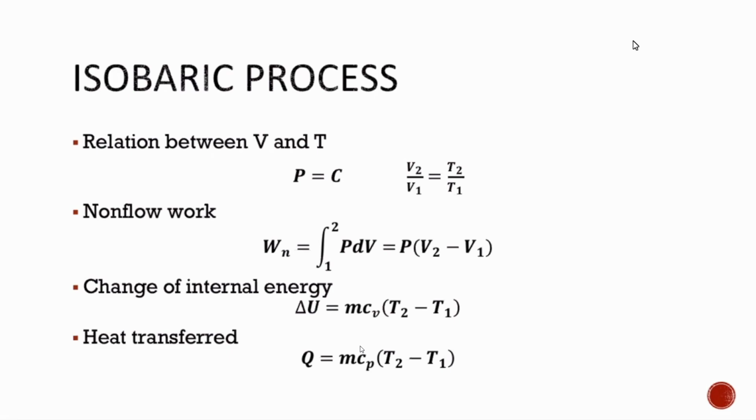The non-flow work, so dun sa una nating process which is an isometric, the non-flow work is equal to 0. Okay? So kasi yung volume natin doon is constant, or hindi nagbago. Pagdating dito, ang constant natin is the pressure. So sabi natin, in integral calculus, kapag constant, pwede na nating ilabas. Ayan, so nilabas si P, and then the dV, which is the change in the amount of volume. So we have V2 minus V1.